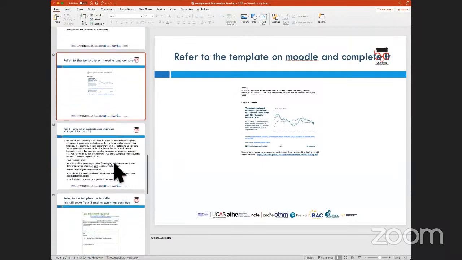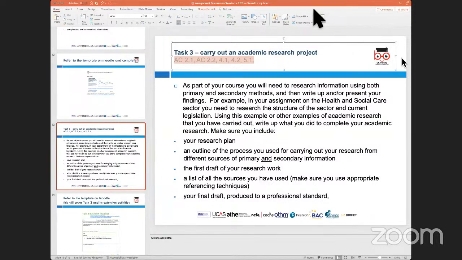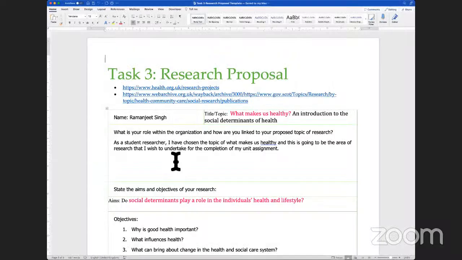Thank you. No worries. Now, in the next part of the assignment, we are being asked to carry out a research project, and that would cover many of the assessment criteria given in the assignment brief. Now here, what I would suggest is I have also shared a template called task 3. This is primarily a research proposal, which I've shared with you as a template. Now, I'm going to show you on the screen again,